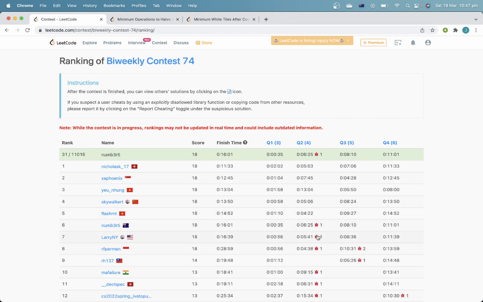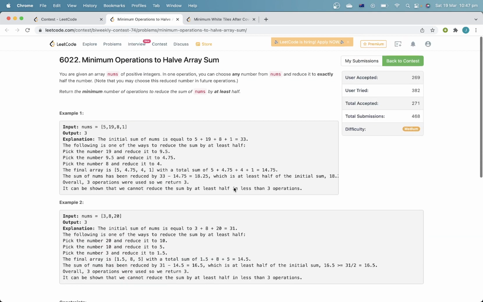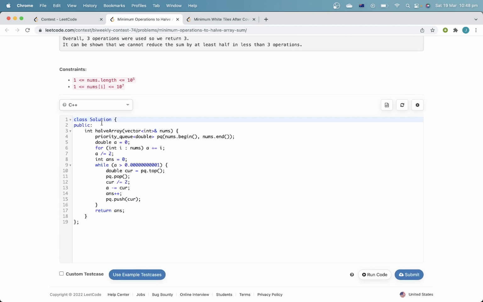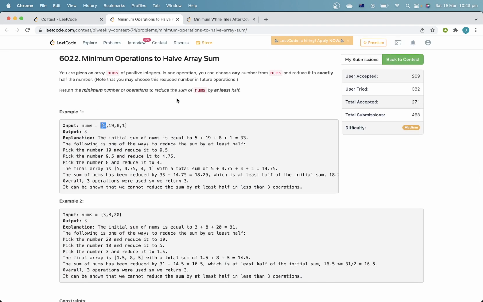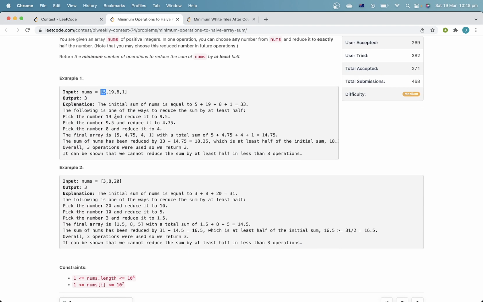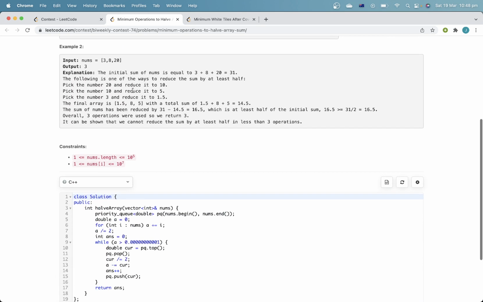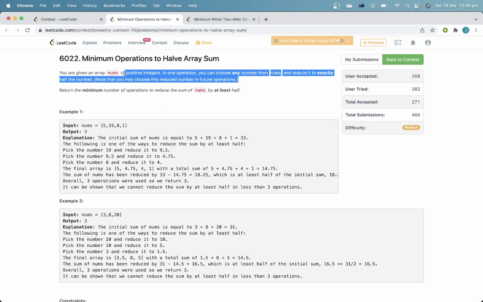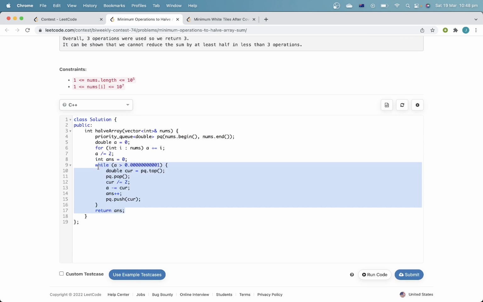Oh, Larry's also making a bug in this one. This one, basically, I'm just doing a greedy algorithm. I'm going to keep taking the largest number in nums, and then I'm going to half that one. And the key observation is that we're not going to take more than n steps, because what I could do is I could simply just take all n elements and half them. And so what I could do is I can choose each of these elements to perform one operation, and that would halve the total sum, which means that the number of operations I'm taking is not going to be more than n, which means that when I do my priority queue thing,